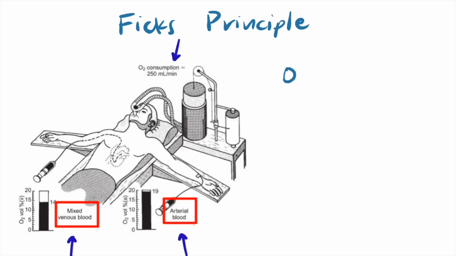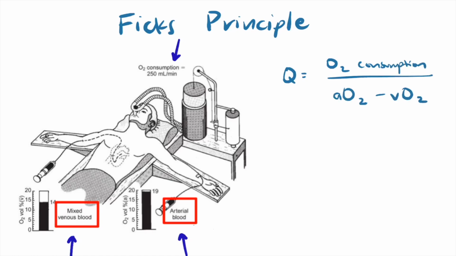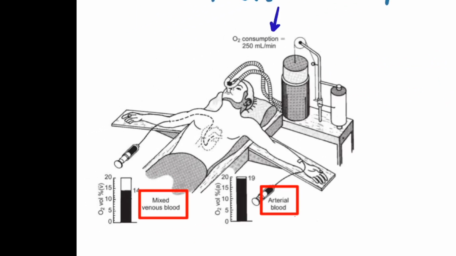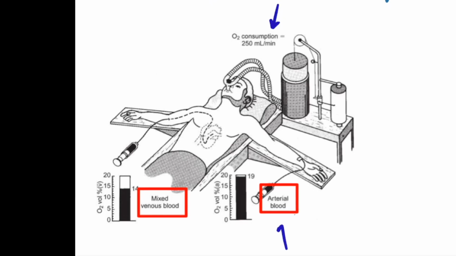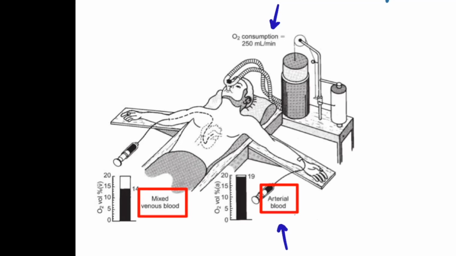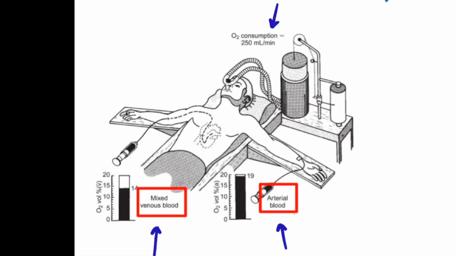Another way to calculate the cardiac output is through Fick's principle. Here, the cardiac output is equal to the oxygen consumption divided by the arteriovenous oxygen difference. Using a spirometer with a closed rebreathing circuit incorporating a carbon dioxide absorber, you're able to calculate the VO2 max. And by taking the oxygen concentration of blood from the arterial system, which represents the pulmonary vein oxygen concentration, and by taking the blood from the mixed venous system on its way back to the heart, you can calculate the